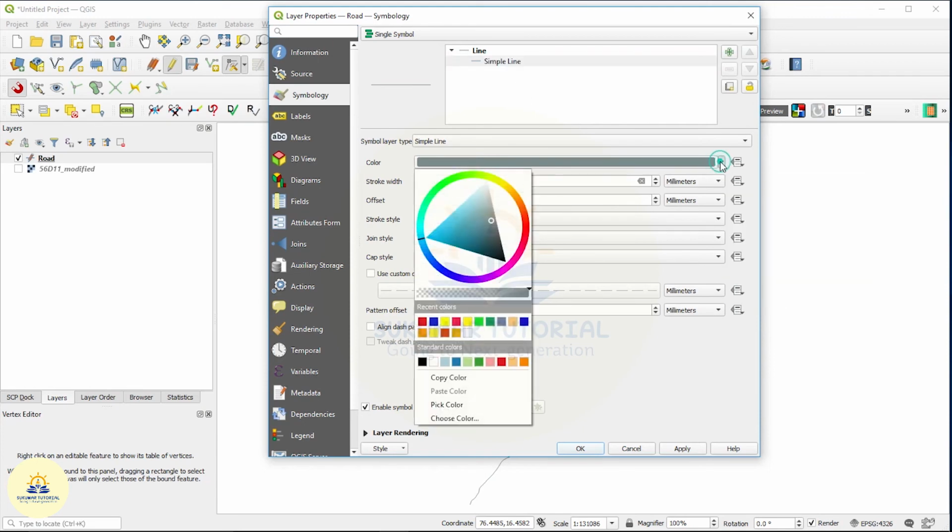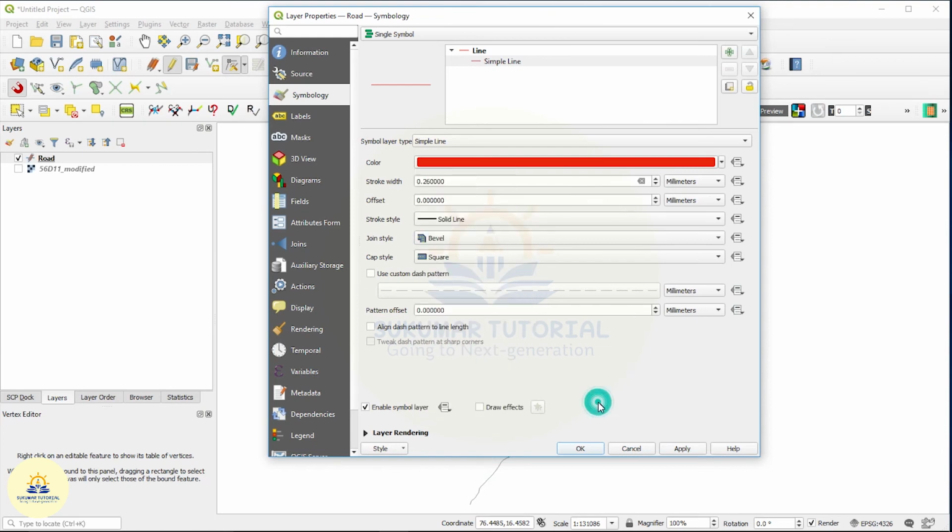I want red color. I am highlighting the red color and then increase the width. I wanted to give 1.00 instead of 0.26. So I have selected 1 point, apply, OK.